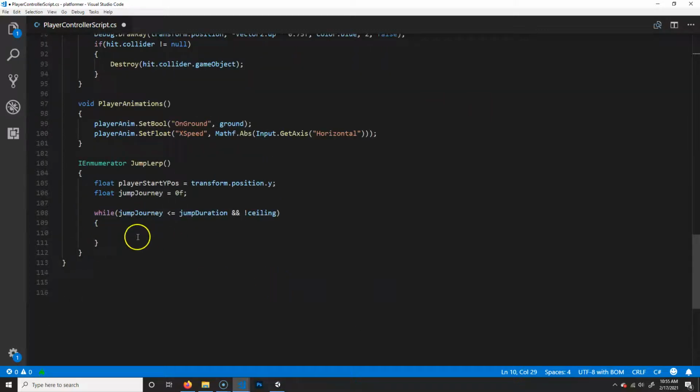So as long as the jump journey, which starts at 0, is less than the duration, this loop will keep running. Once we reach the end of our jumping, once this number is the same as the duration, then this loop will break. Or if we hit the ceiling, that's why we did the ceiling check. We only want to keep going up, but if we hit the ceiling, you should stop going up. All right, so now we're going to do